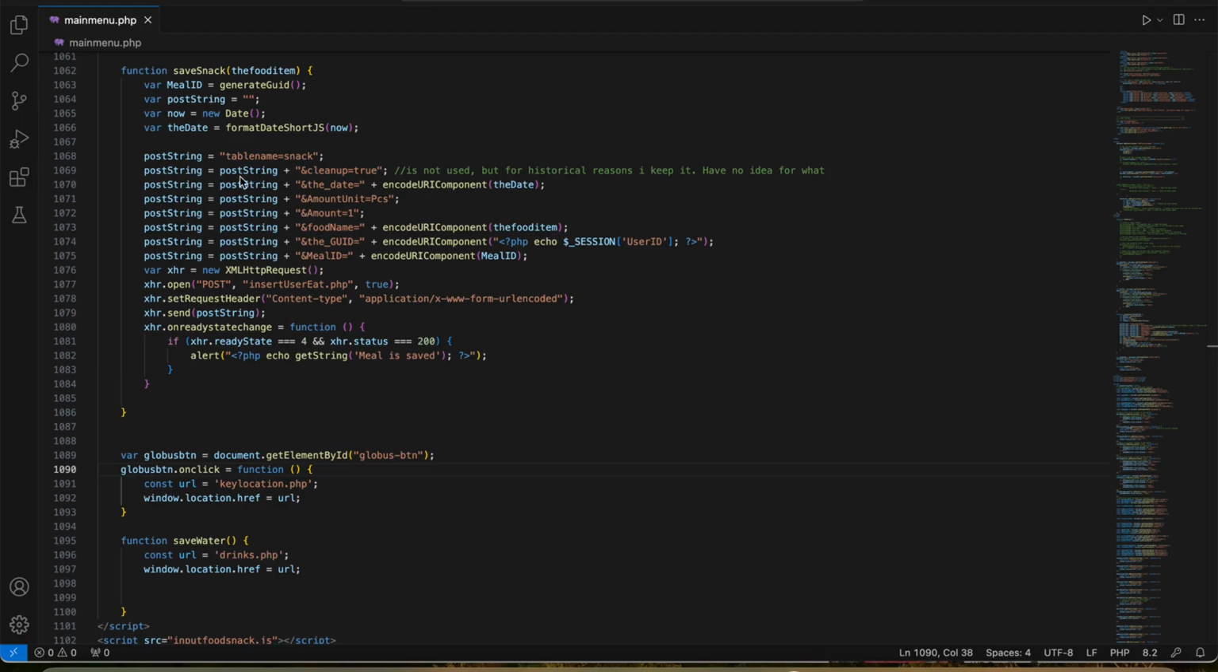I say postString equals postString plus "&cleanUp=true", and the next one, "&_date=" plus the date. And here I have a funny thing. I have encodeURIComponent. This is very, very important because this one is introducing special characters, like you will see when you look in your URL. You will see that